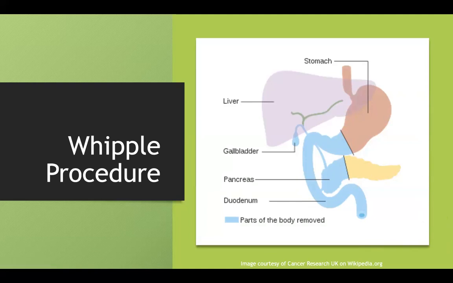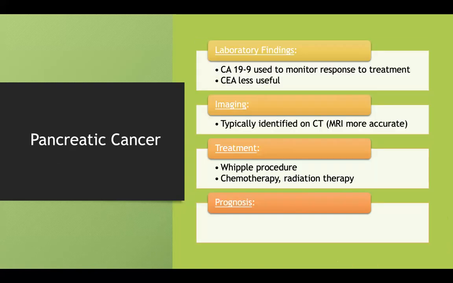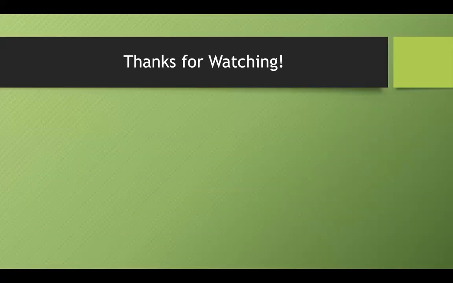You'd need to treat it with the Whipple, and then you'd still need chemoradiation and all that jazz. So treatment is Whipple and chemoradiation. And even if you have all of this standard of care going for you, pancreatic cancers are still very, very dangerous, even early stage pancreatic cancers. So the prognosis is very poor, and the average survival is about 1 year after diagnosis.